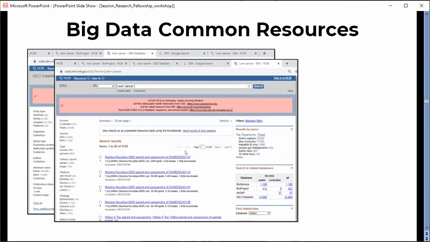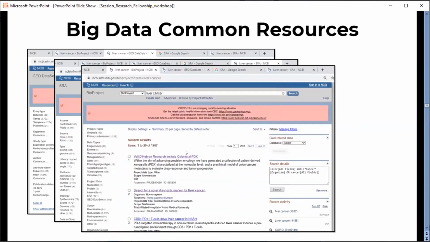Then there is SRA, the Sequence Read Archive, which mainly maintains raw sequencing data. Then you have another common repository, BioProject, which maintains metadata and links for the processed as well as the raw data.